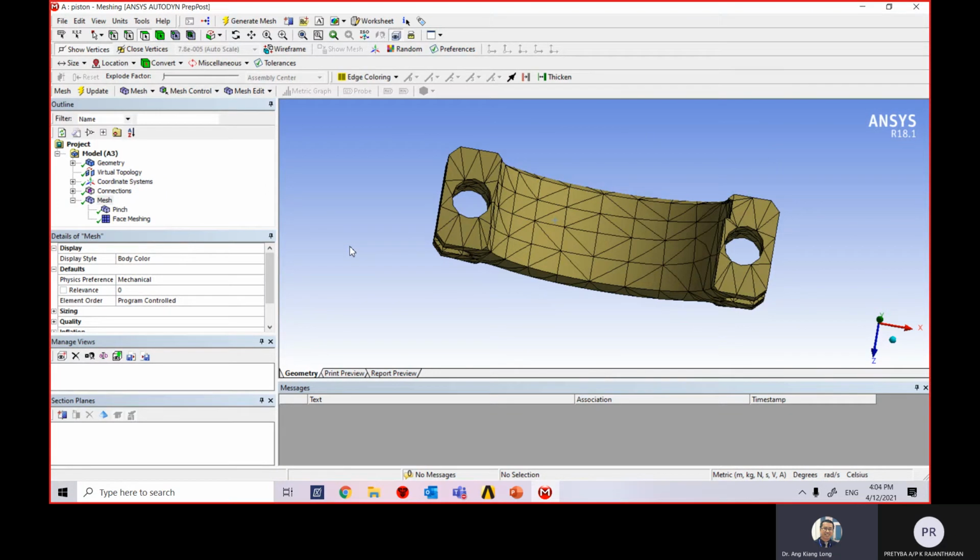If you're having an error in mesh generation or in the console, then these are some of the strategies you can use. You can come to the meshing part and edit, because most of the errors appear in the curved surface. So these are some of the strategies you can use to rectify the problems. Okay, so this is one of the things. And then another one is the